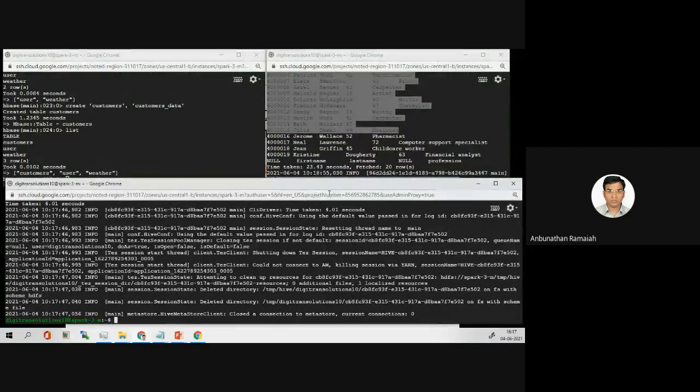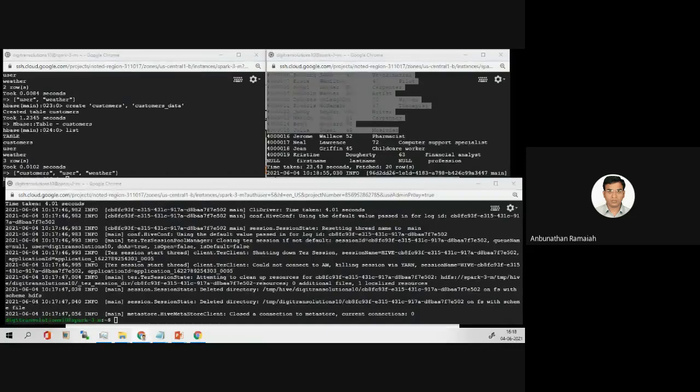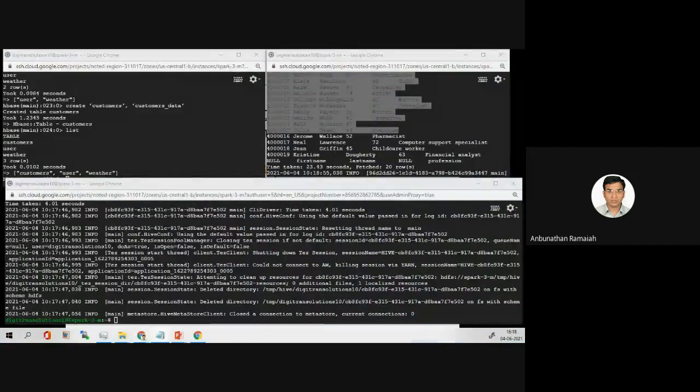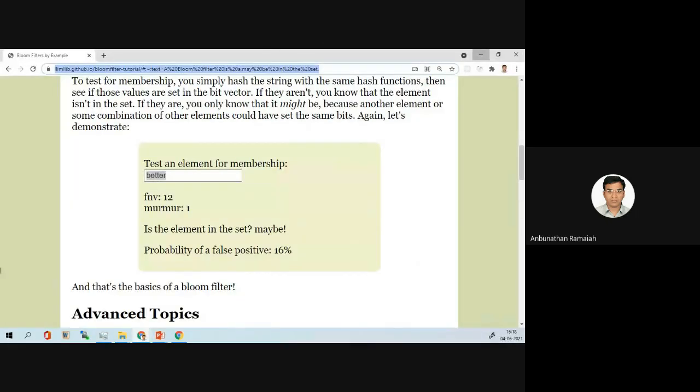Let us start Cassandra. Let me open all the exercises. So close some of the items here. In the same way Dataproc you can use, but here only one node is sufficient. You don't require 3 nodes. I'll close this also.